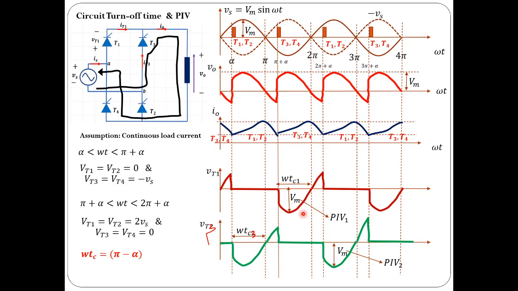Coming to the peak inverse voltage, you can measure the peak inverse voltage is equal to Vm and Vm respectively for thyristor 1 and thyristor 3, which would be same for thyristor 2 and 4 also. And this is true for alpha less than 90 degrees. If alpha is greater than 90 degrees, of course, it would be less than Vm, going to be magnitude of Vm sin alpha. So you can try to sketch VT1 and VT3 for alpha greater than 90 also. From that, you would see that peak inverse voltage equal to Vm sin alpha magnitude.